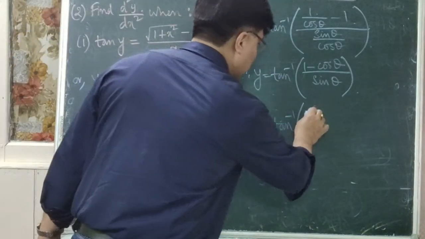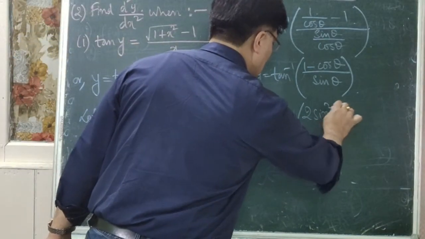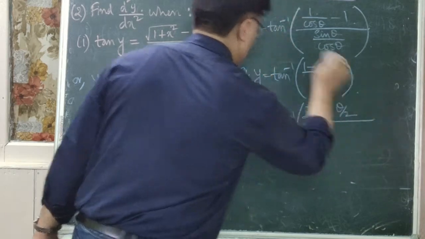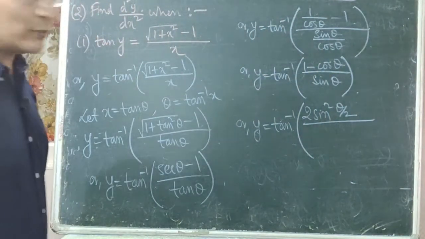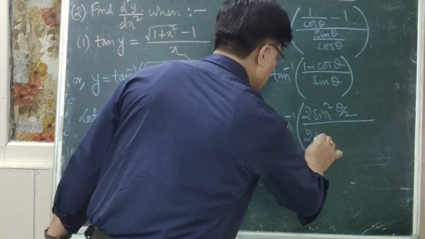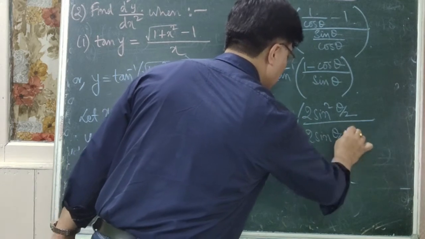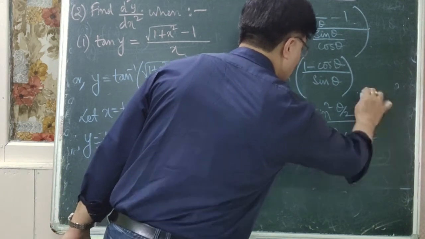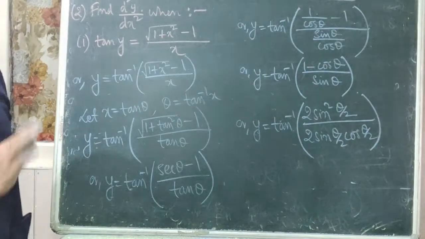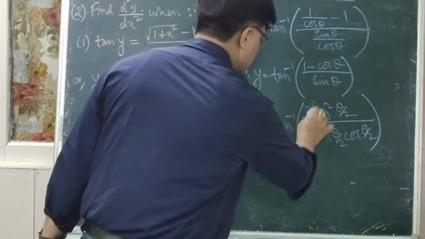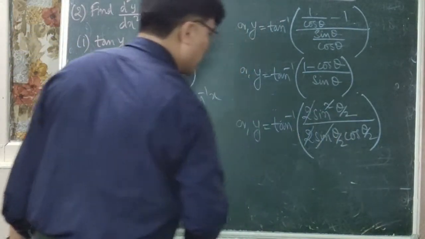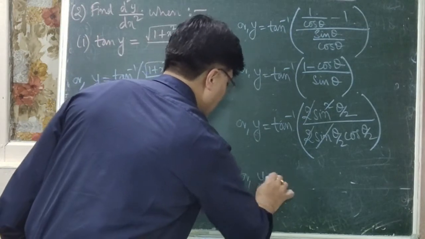What is 1 minus cos theta? It is 2 sin square theta by 2, divided by, what is the formula for sin theta? This is your 2 sin theta by 2 cos theta by 2. Understood? Now here 2 gets cancelled and sin theta by 2 in square gets cancelled, or y is equal to